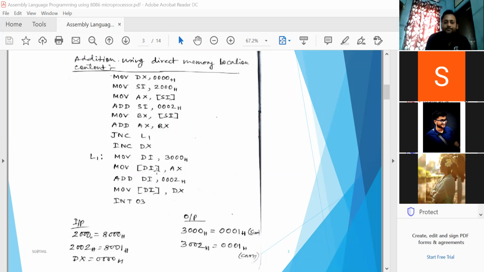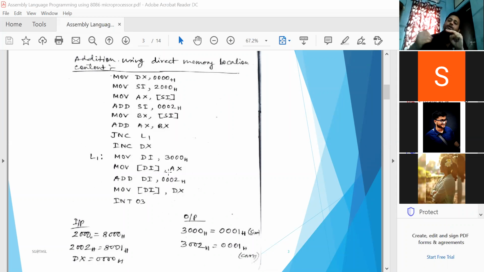Then if there is any carry, what happens? With the same logic, the register that was initialized as 00, if there is any carry, will be incremented by 1, so that this register contains 0001. So you need to store this content from DX to the specified memory location. Which memory location have you chosen? That is 3002, but the processor is now pointing to 3000.